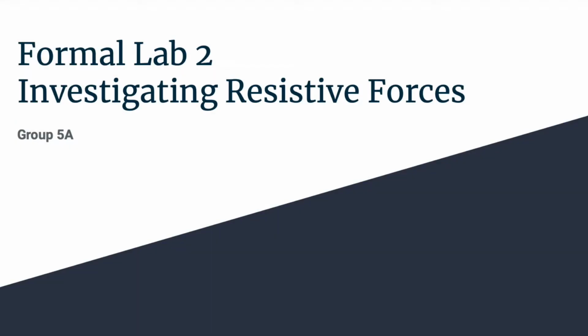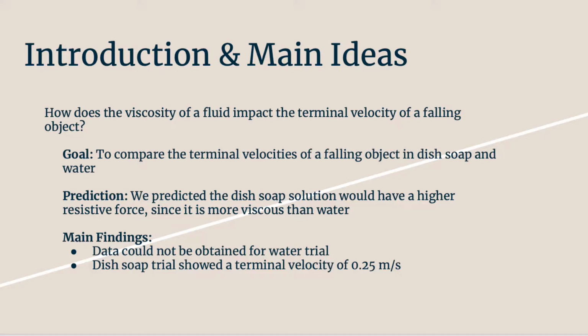Formal lab 2 was about investigating resistive forces. Just a little intro: during this lab we're trying to see how the viscosity of a fluid impacts the terminal velocity of a falling object, and the goal is to compare the terminal velocities of a falling object in dish soap compared to the terminal velocities of a falling object in water. We are predicting that the dish soap solution would have a higher resistive force since it is more